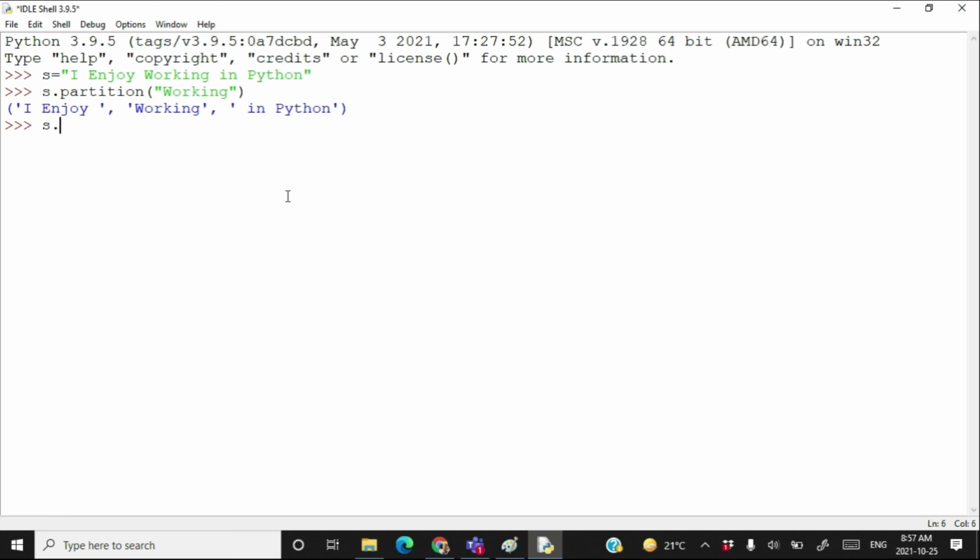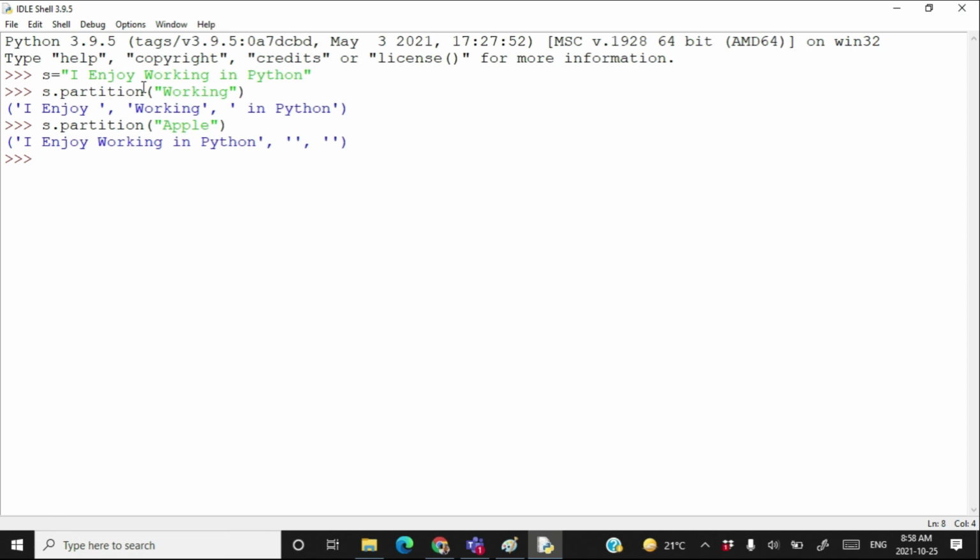If you pass a string to the partition method which does not exist in the string s, then in that case the partition method creates a tuple with 3 strings, where the first part is the whole string and the second and third parts are empty strings. So I think you can differentiate the working of split and the working of the partition method.